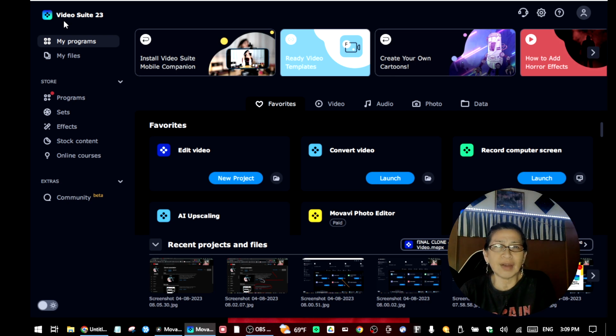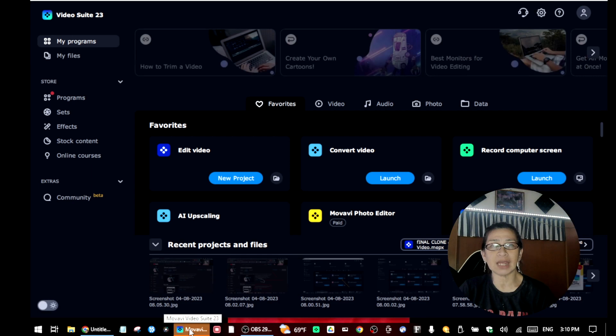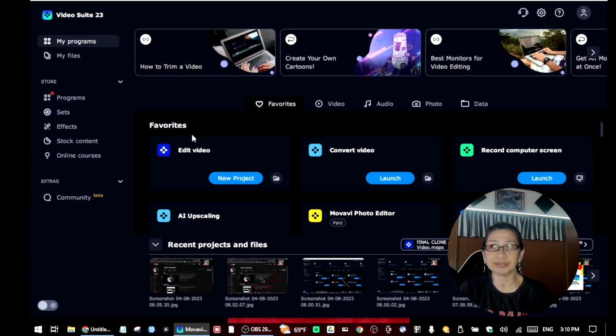Okay, this is a very friendly editing software, but I think some of those editing software have this kind of features like background remover and so on. So if you are using Movavi, then this tutorial is for you, for those who do not know. Okay, there you go. As you see here,